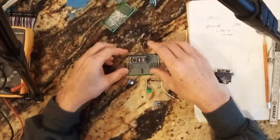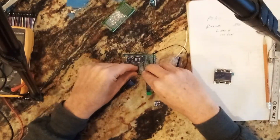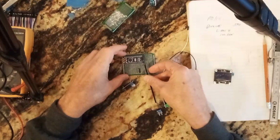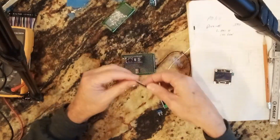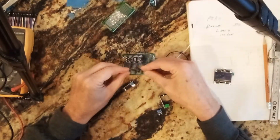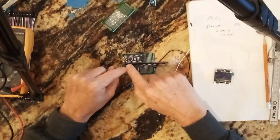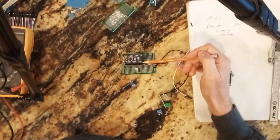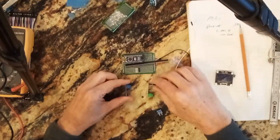is something like this. I'll use this board, and then I will collect 5 volts here. I'll put it in line with the 5 volts. And then I will also collect voltage in and ground and put the pins like this. And then I think what I'll do is put this pin for most of these pins this way, like this, and I need to make sure that we don't have conflicts, but I need A0 and A1, which are over here, and then I need the 5 volt ground and VN over here,